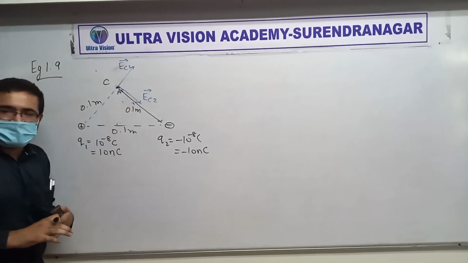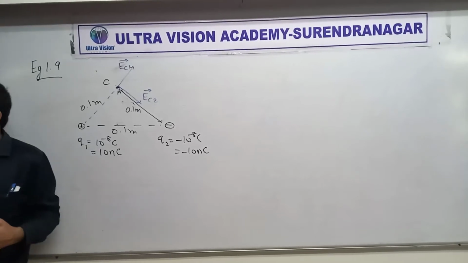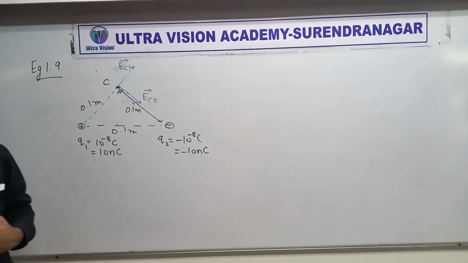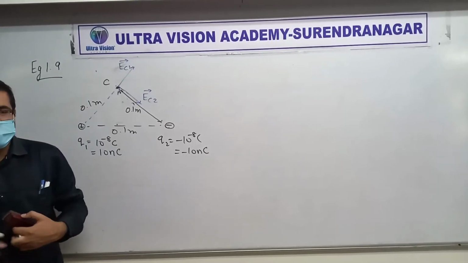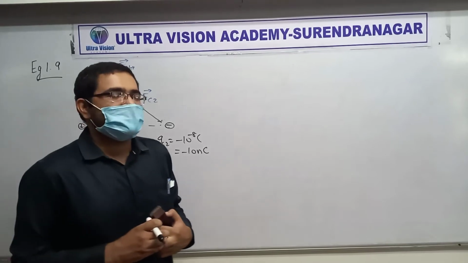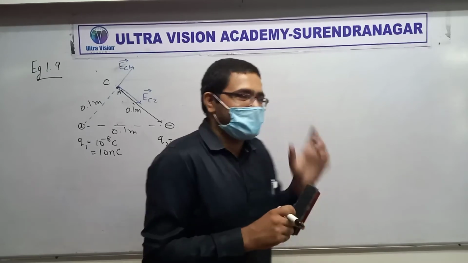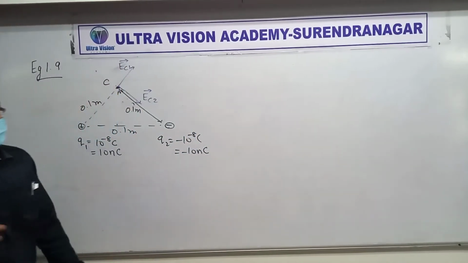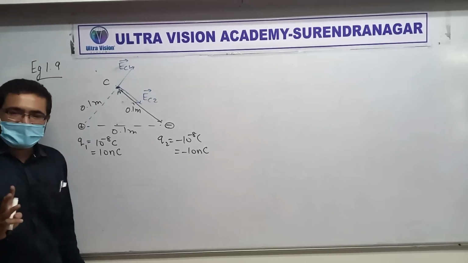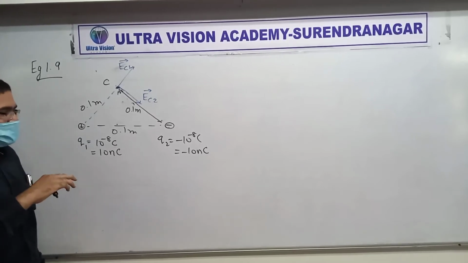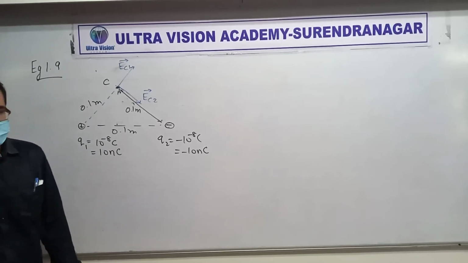Do you remember the resultant magnitude formula? R equals, raise your hand if you remember it. R is equal to, yes, Kevin. A square plus B square plus 2AB. Absolutely sure. You are missing something? Yes, under root. So under root A square plus B square plus 2AB cos theta. Very good. Sit down. We need three things here: A, B and theta. A means first vector's magnitude, B means second vector's magnitude, and theta is the angle between them. Let's start.